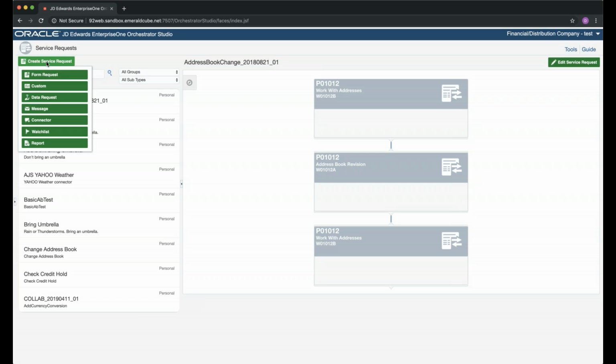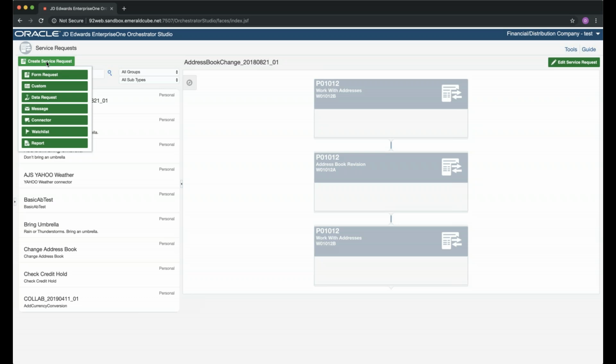The next type of service request is a data request, and this is to be thought of much like a data browser. You can go directly to a view or a table within JDE and pull out data. You can feed in filters, you can bring out different columns of data, just as if you're manually building a SQL statement. And it's usually utilizing the data browser on the back end to complete that operation.